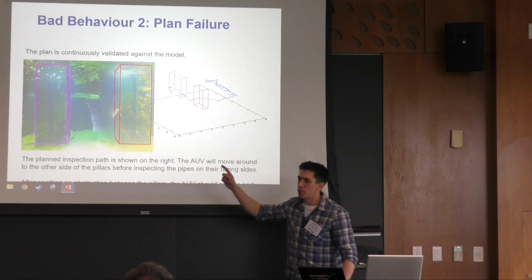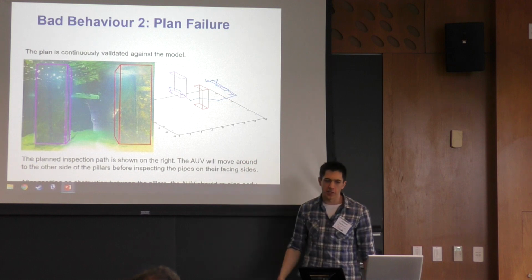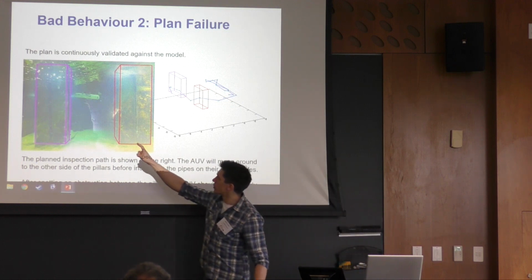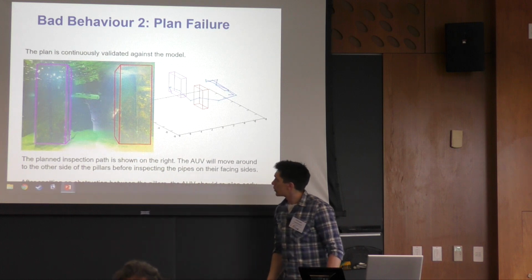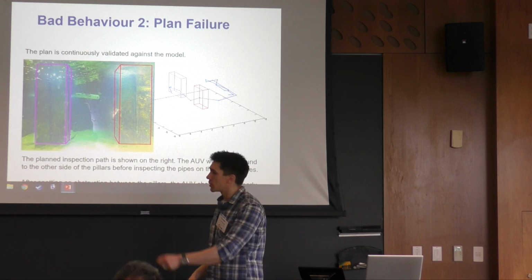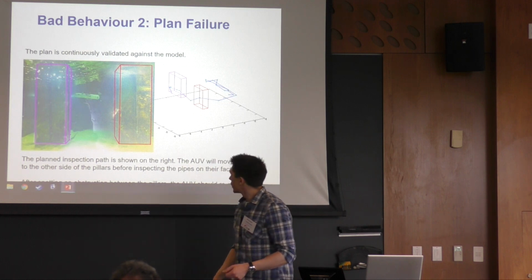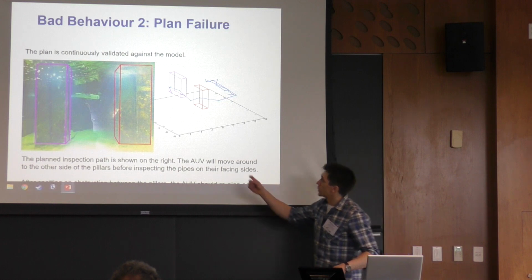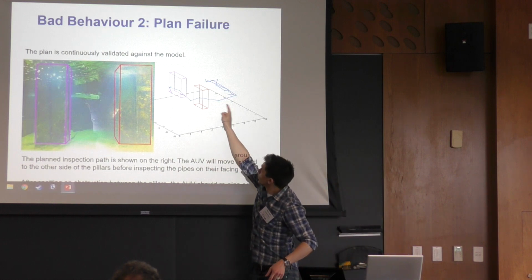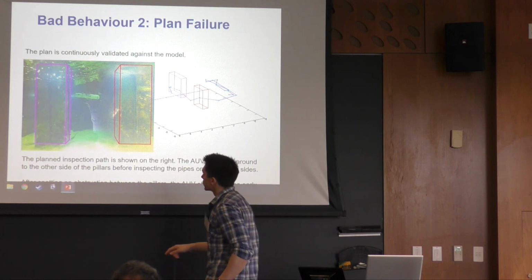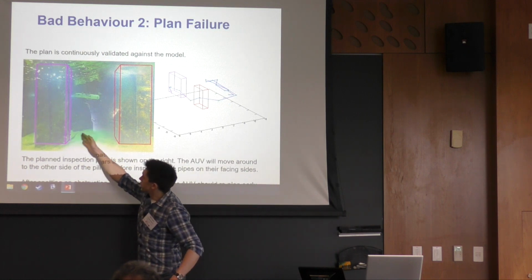We were running this application in the diving training center at Fort William, in which this AUV, this Nessie from the Heriot-Watt University, was meant to navigate around these two concrete pillars and inspect the iron pipes on each side. It generated the probabilistic roadmap, as Dan showed previously, and calculated that this path would be the best to inspect all of the pillars, the most difficult two being the facing sides of the pillars.